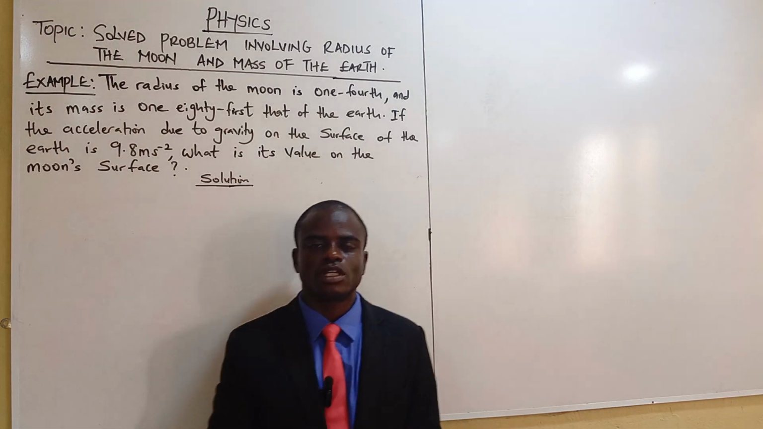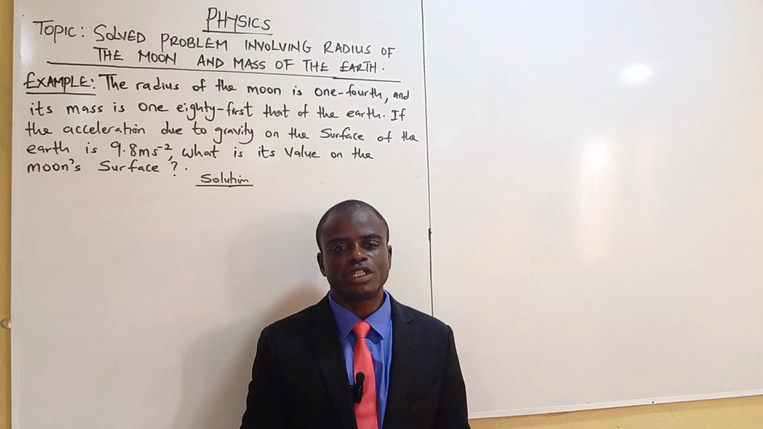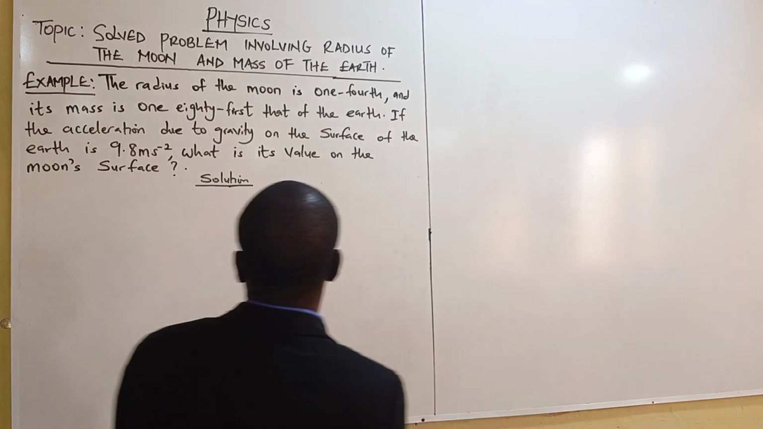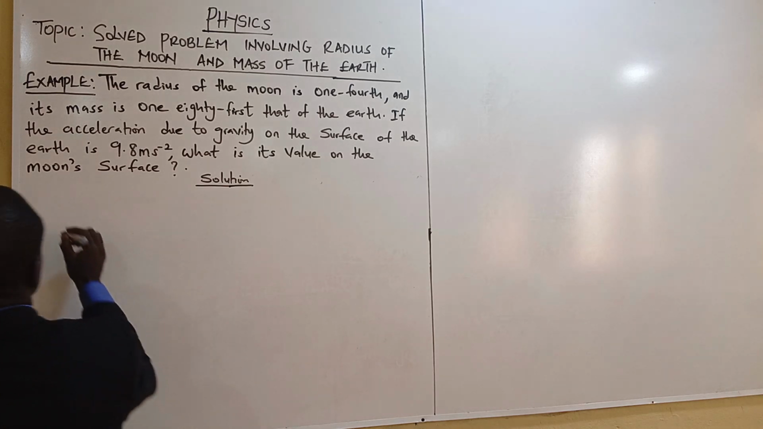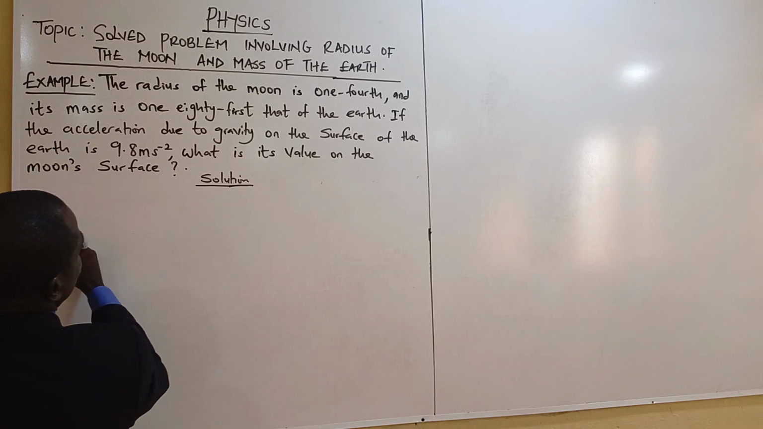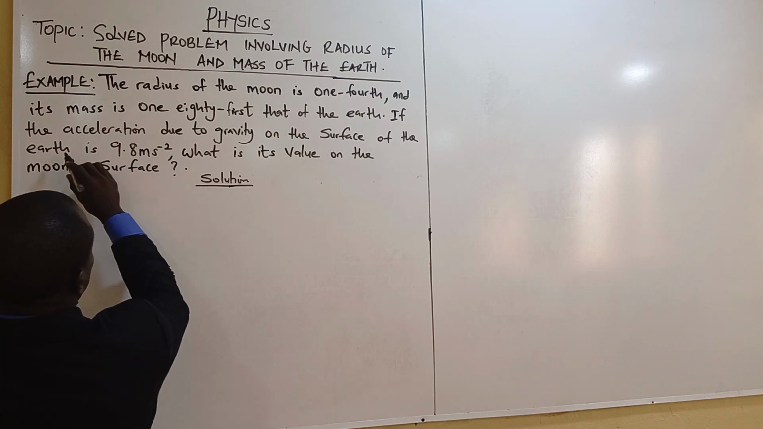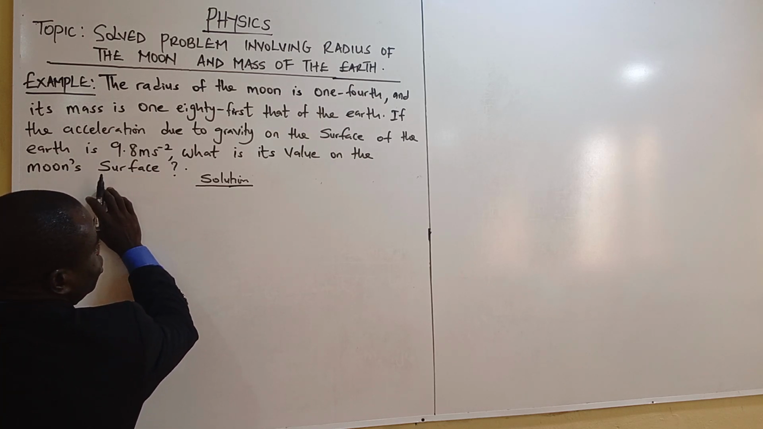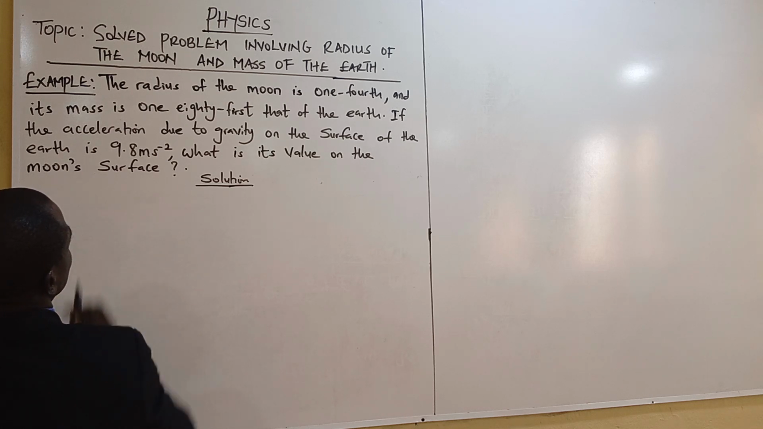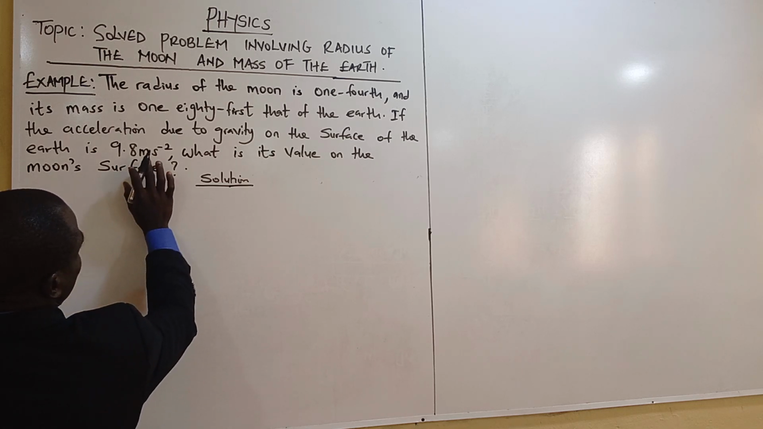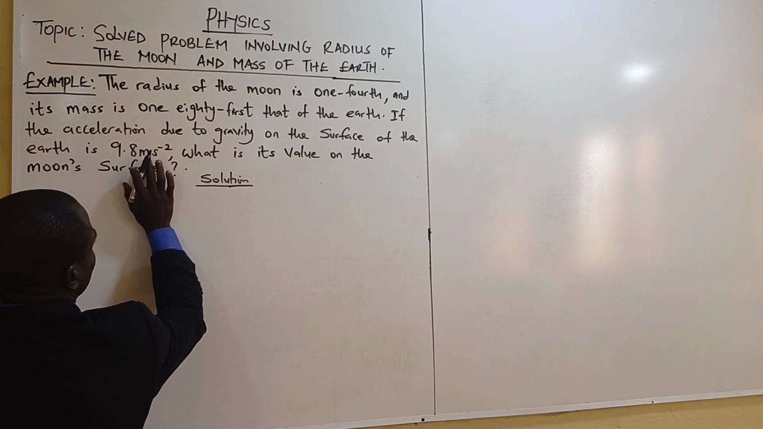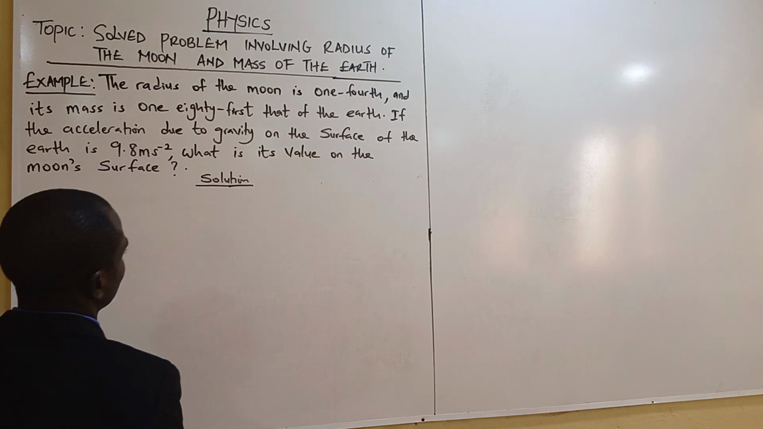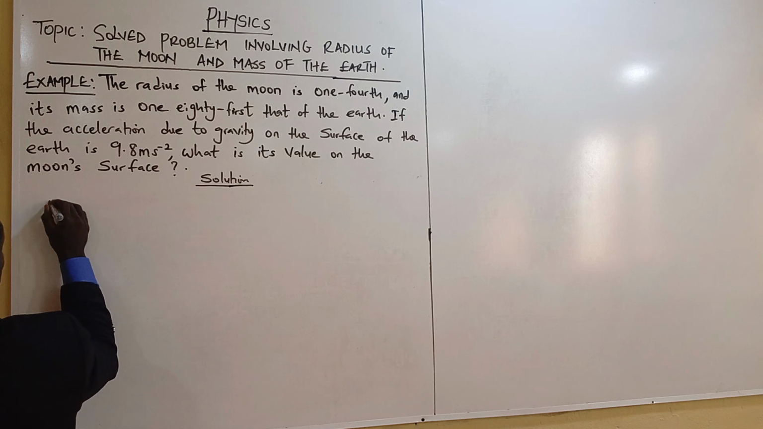Good day, students. Today we want to solve a problem that involves the radius of the moon and the mass of the earth. What you need to do is to write the relation. The question asks us to look for the value of the acceleration due to gravity on the moon's surface. We know that on the earth's surface, it is 9.8 meters per second squared. Now the relation